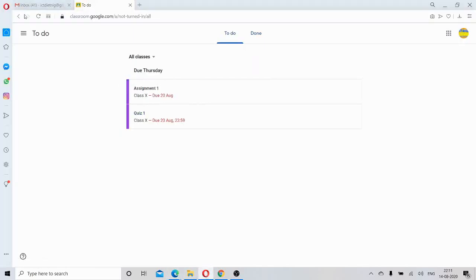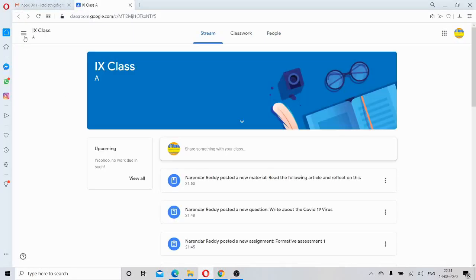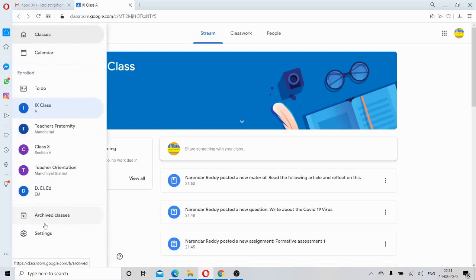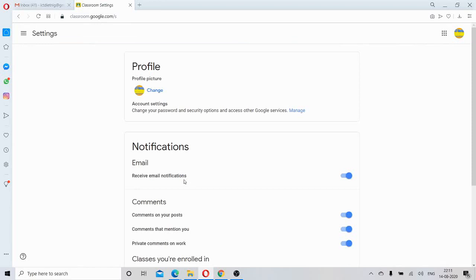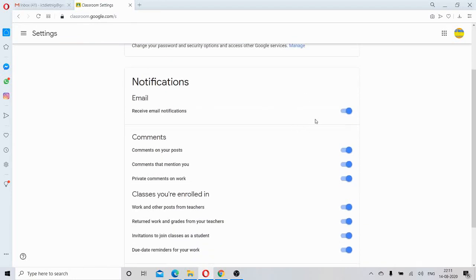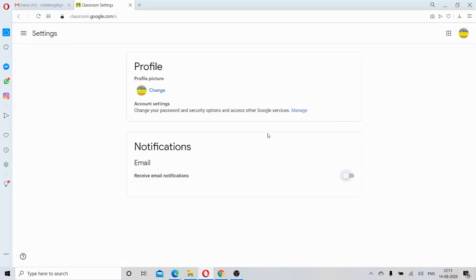And now let me see the settings also here. See here, these are the general and specific settings. For example, if I want to inform my students through email notifications, if I select this, automatically the students will receive the notifications.